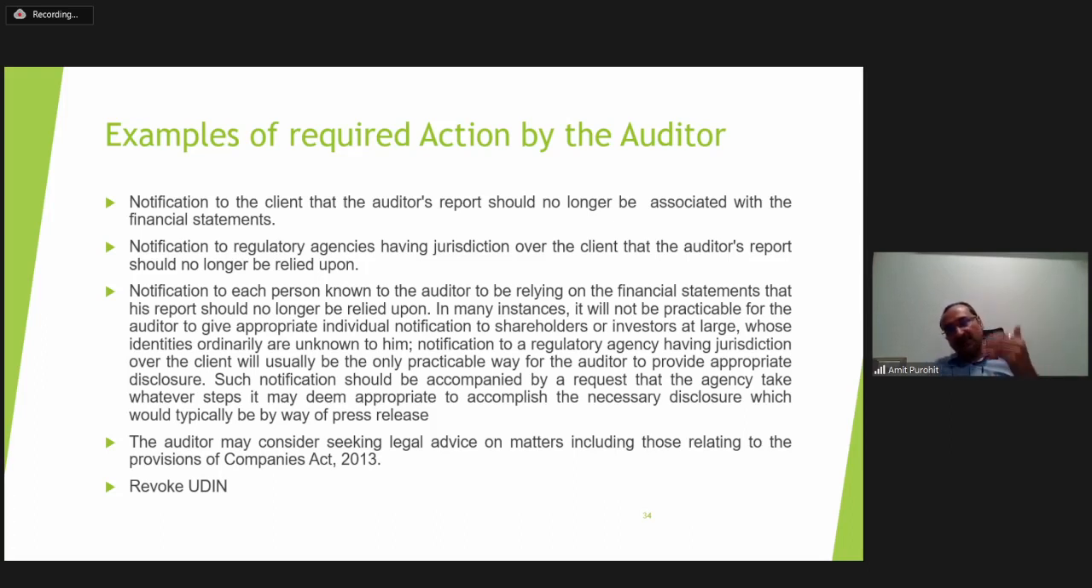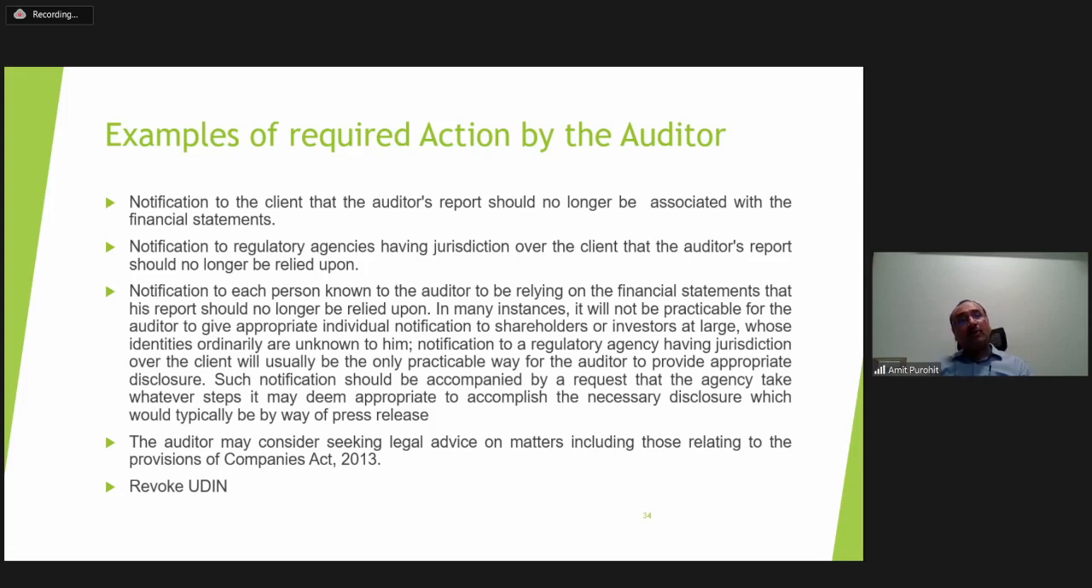So he will inform the regulatory authority, and such notification should be accompanied by a request that the regulatory authority take whatever steps it may deem appropriate to accomplish the necessary disclosure, which would typically be by way of a press release or some kind of advertisement. The auditor may also consider seeking legal advice on the matters, including those relating to provisions under the Companies Act 2013. And one important aspect worth